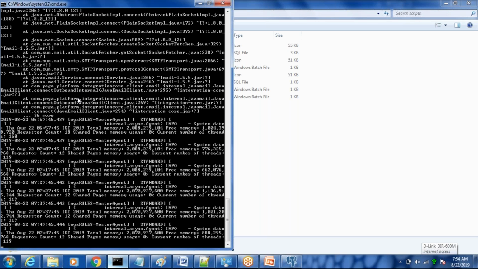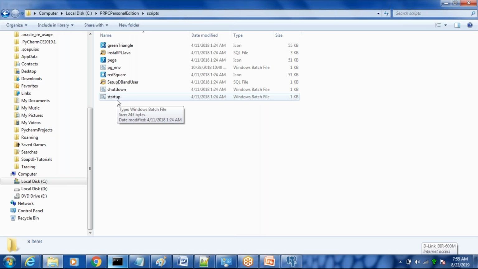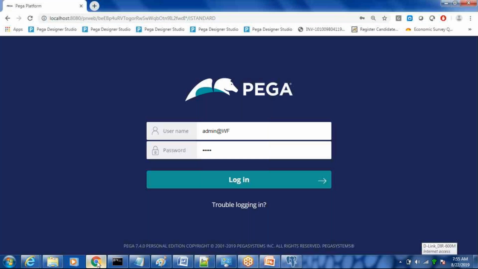Whenever any web application has to run, you should take care that the database is up and running, and your server is also up and running. So both should be up and running whenever we are running any web application. This startup.batch file will take care of starting our database as well as starting the Tomcat server. It will take around 5 minutes to start your server.